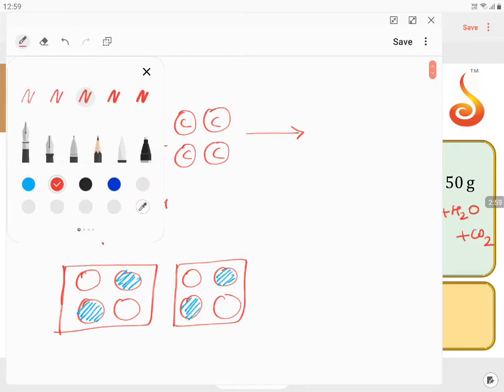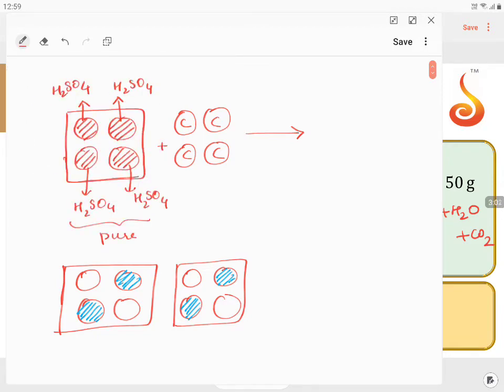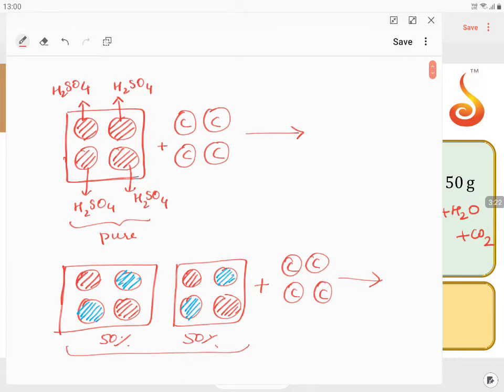If I want the reaction to happen here, what will be the condition? If I want the chemical reaction to react with 4 CaCO3 molecules, I need at least 2 impure samples. 2 impure samples will satisfy the chemical reaction, because this will react, this will react,